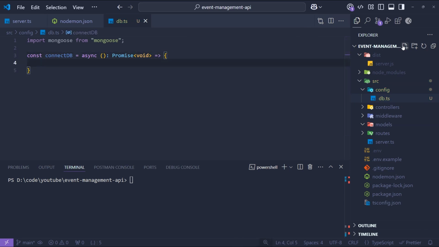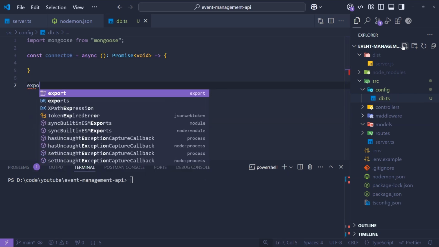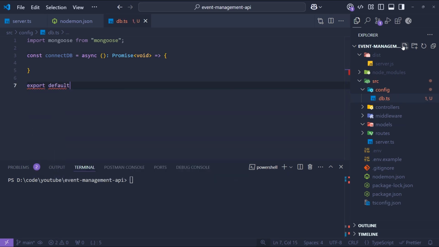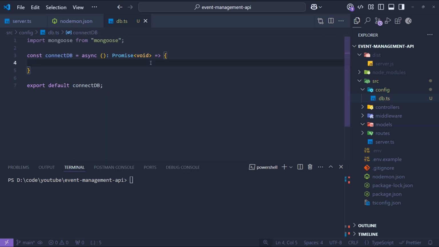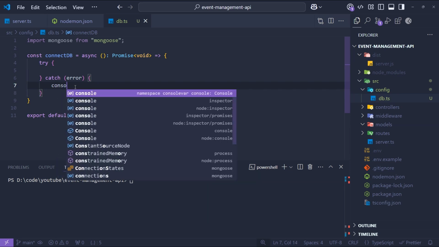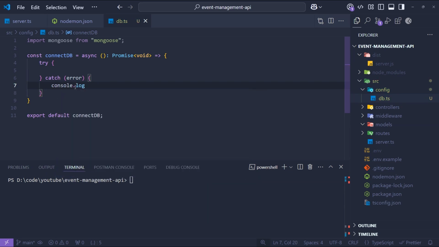So inside the bracket we will write in our code. Before that, let's just go with export default connectDB. Here let's add our try catch block. So if we catch an error, we just need to console log it, right? So console.log